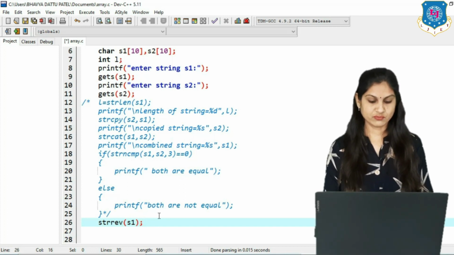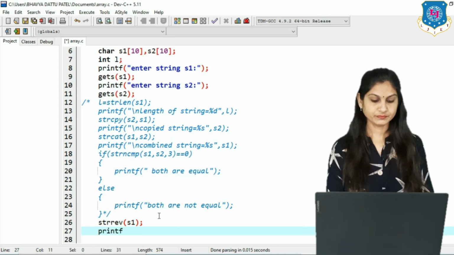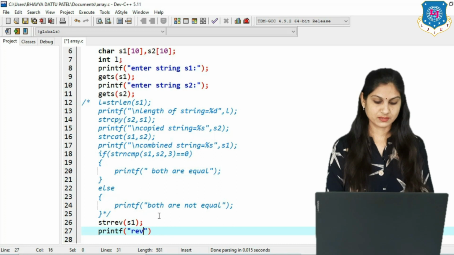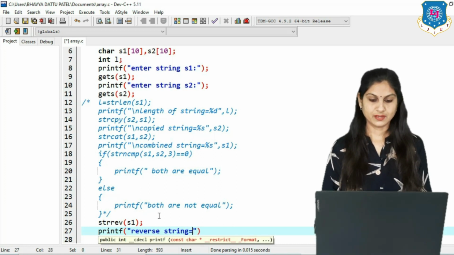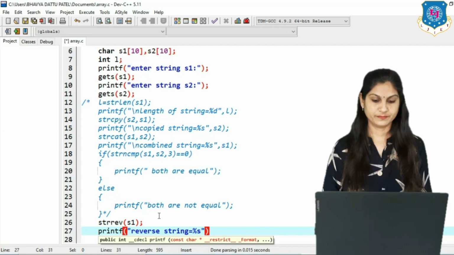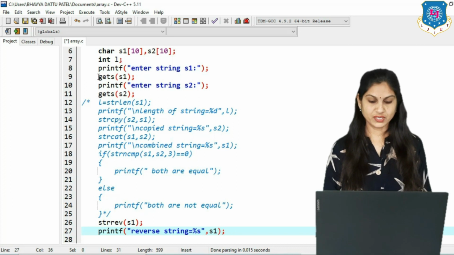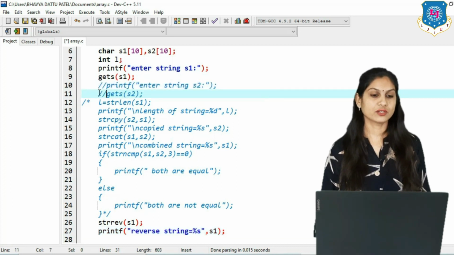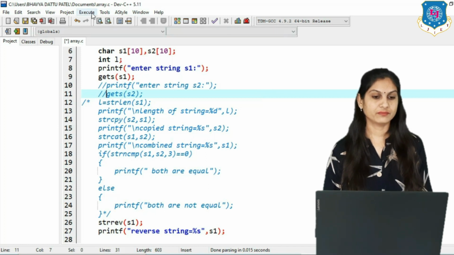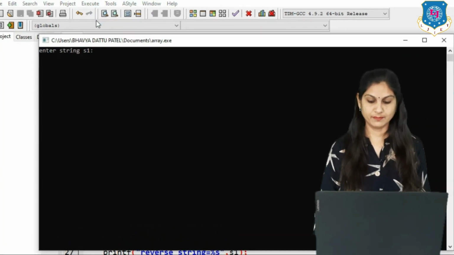Clear? And the message we have to display in a printf: reverse string equal %s and the value of S1. So here no need of S2, so again put it in a comment. Clear? Now execute this program, compile it first, run it, enter string S1, and suppose I enter my name, then